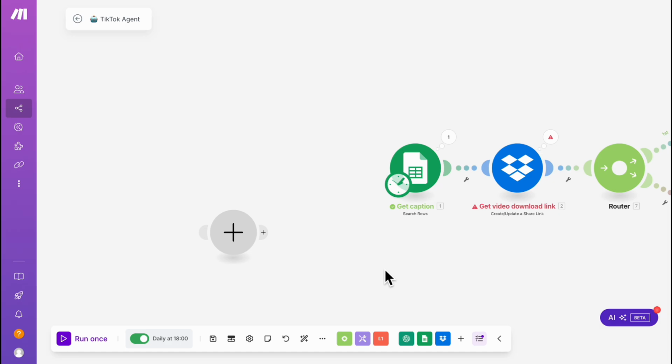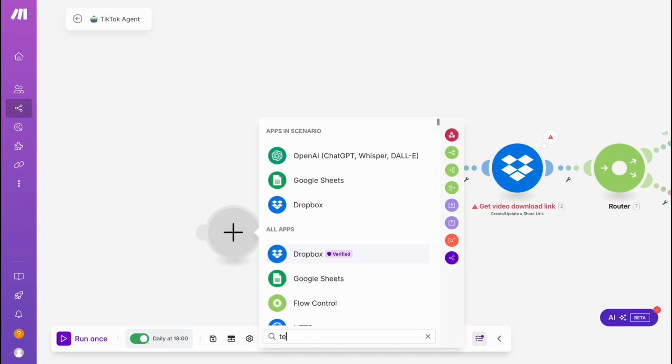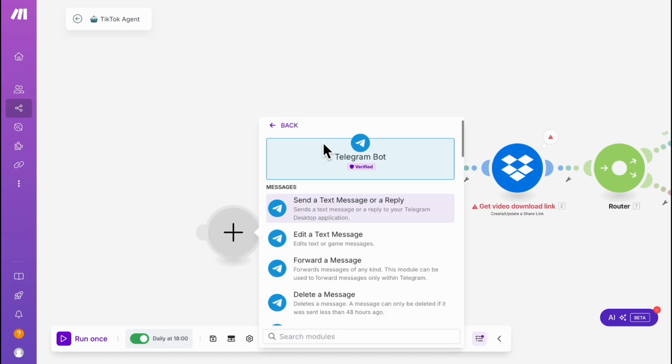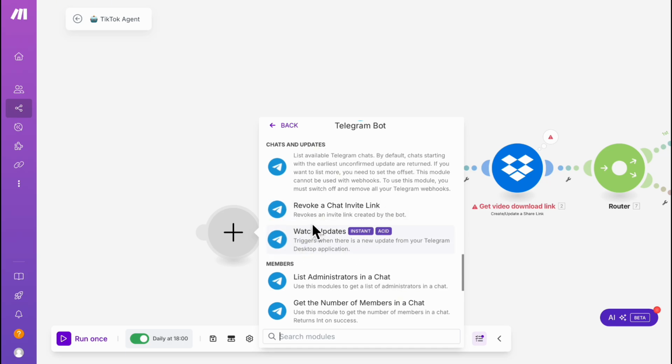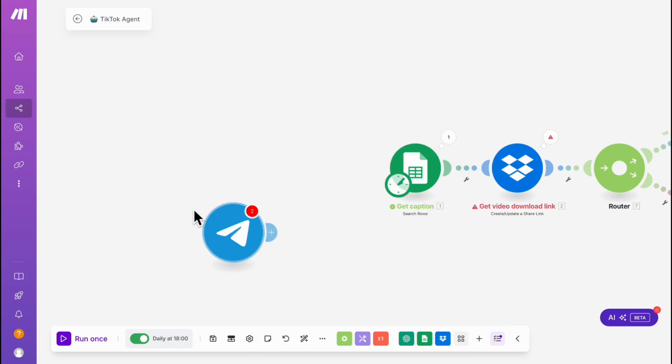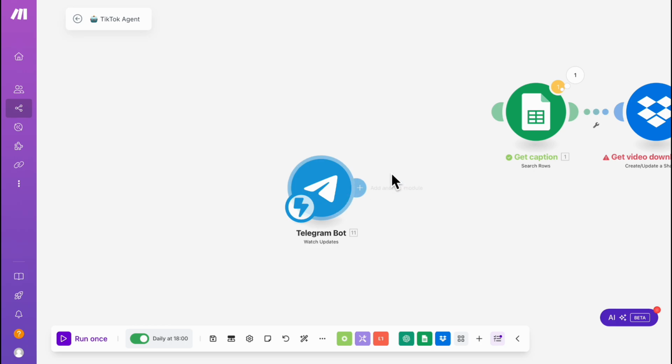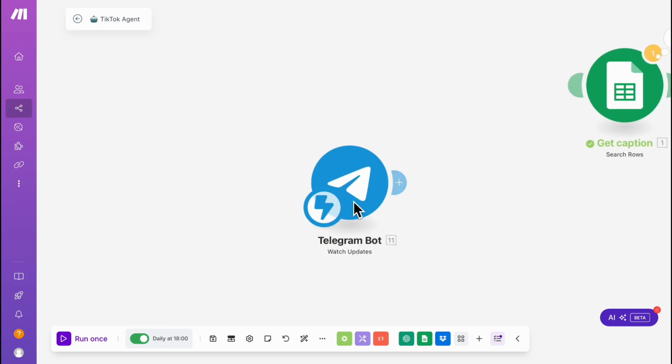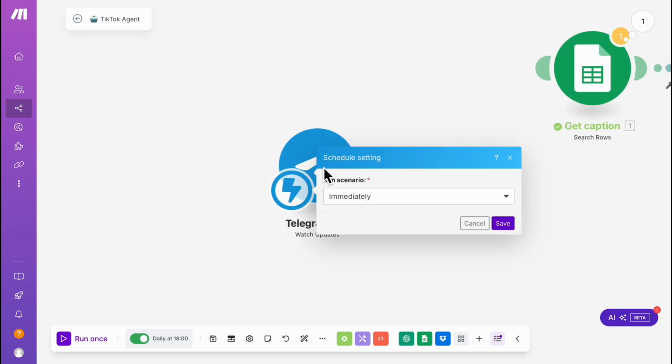So if you press add a module, and let's say I go to Telegram, you can see that there's one called watch updates. That's instant. If I press on that and then just drag the clock icon over here, you can see that it changes to a lightning bolt. So if we press on the schedule setting,